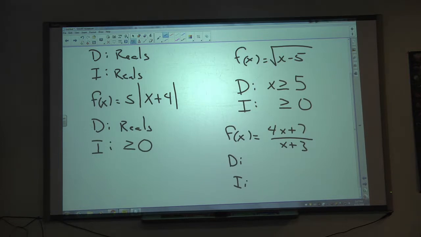So, what numbers can I plug in for x? Or better yet, what number can I not plug in for x? Negative 3, right? There's one number that I cannot plug in. Only one number, okay? And so here the domain is x cannot be